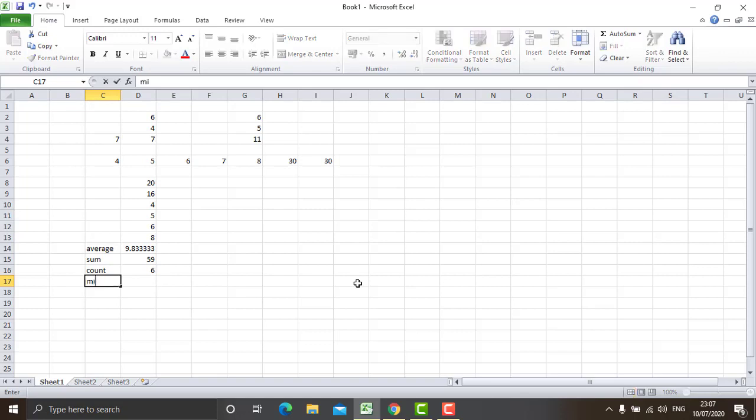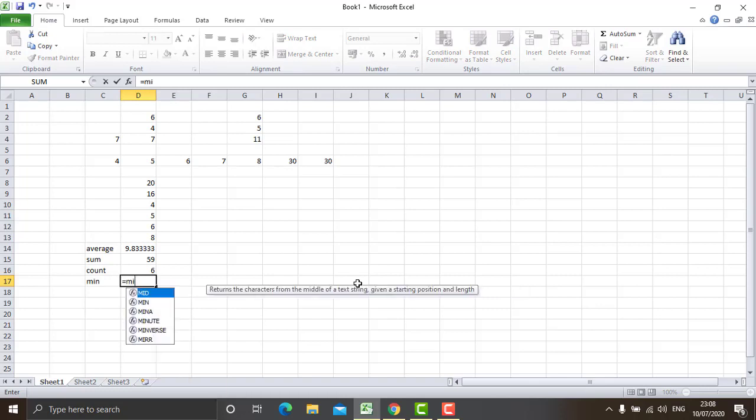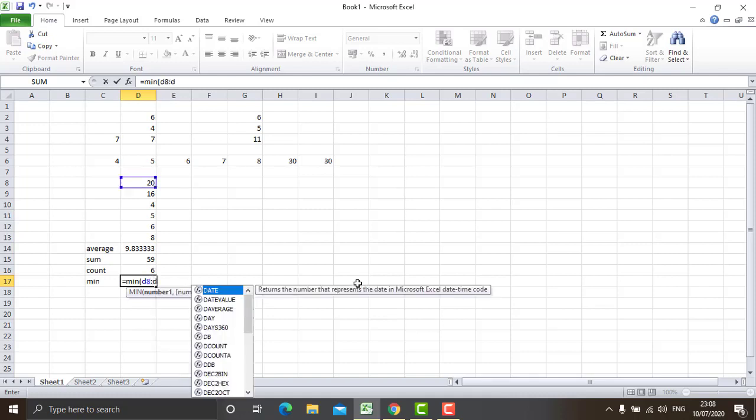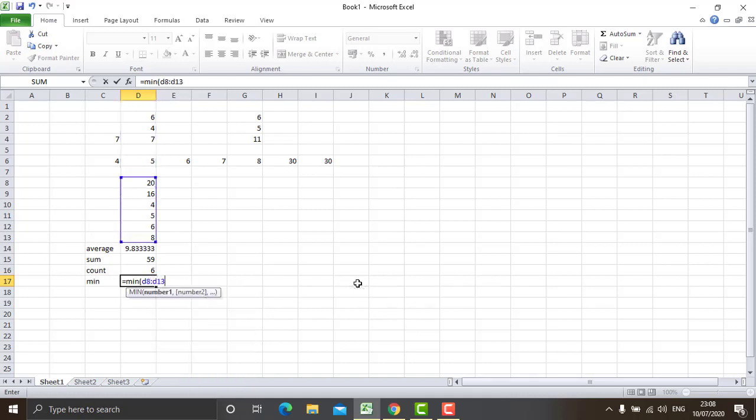One more can be minimum. If you want to find the minimum value in a range of cell, then for that we can use the MIN function: is equal to MIN for minimum, bracket open, range of cell D8 colon D13, bracket close. So we will be getting the least number. We should be getting 4 here. So we got 4.